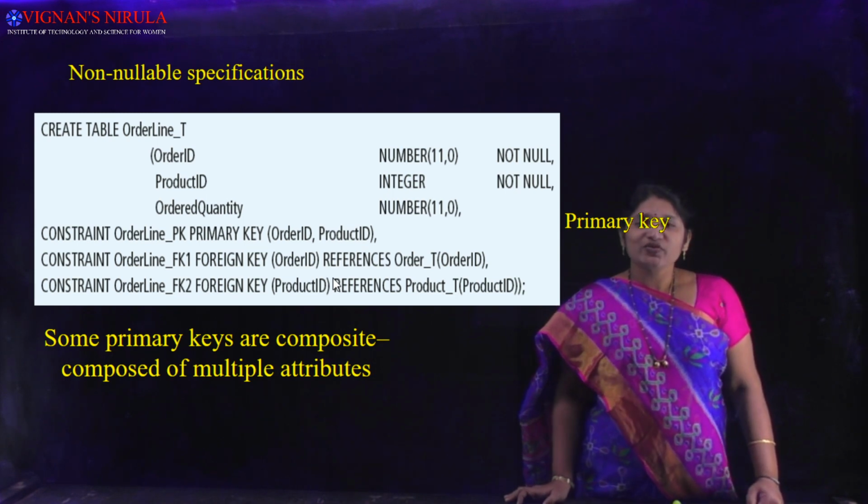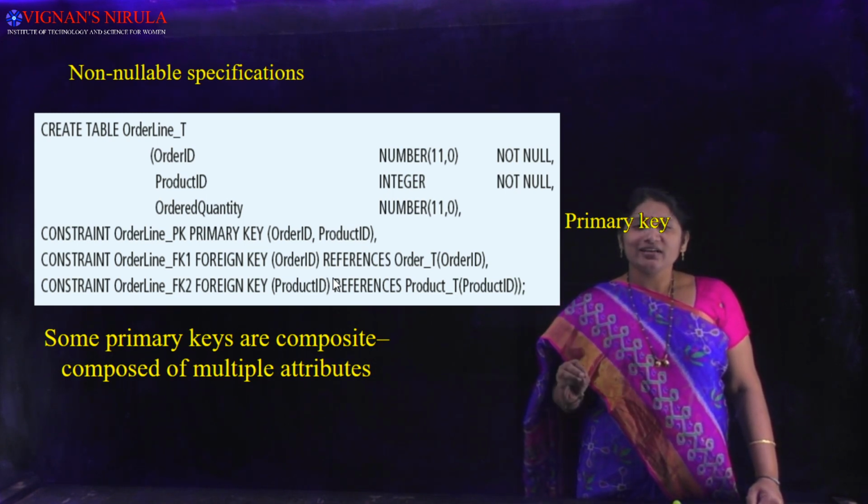The order line table specifies which order, through which order